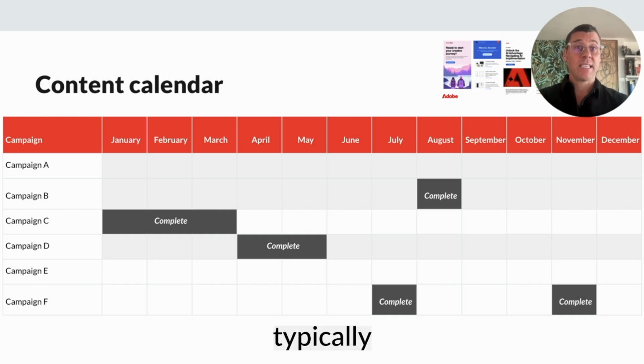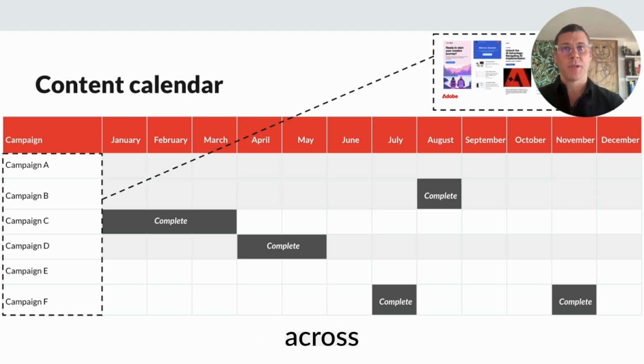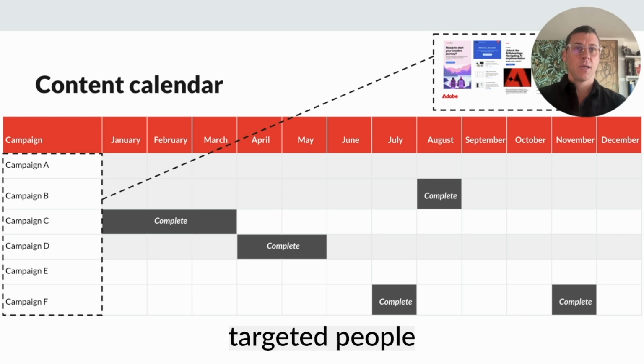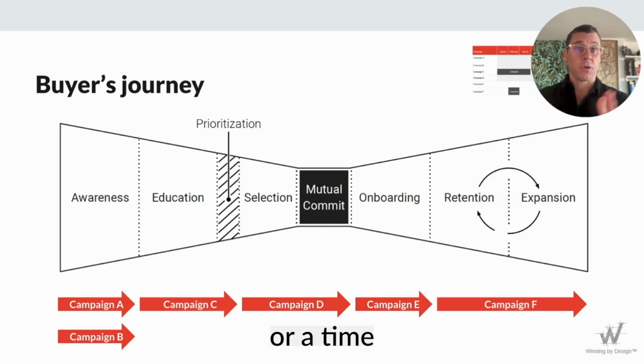The campaigns typically adhere to some content or editorial calendar, as you see, and the packaged material is distributed across a temporal landscape, targeted at people that should be getting whatever that team or brand is sharing. The temporal or time-bound piece is important as we move to align our plans with those of our prospective buyers who are on their respective journeys.